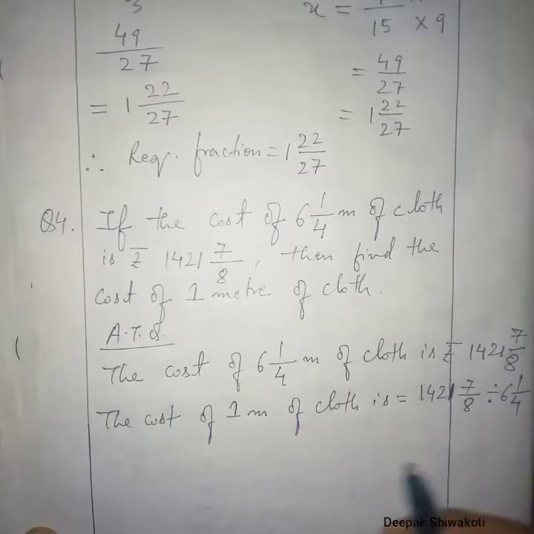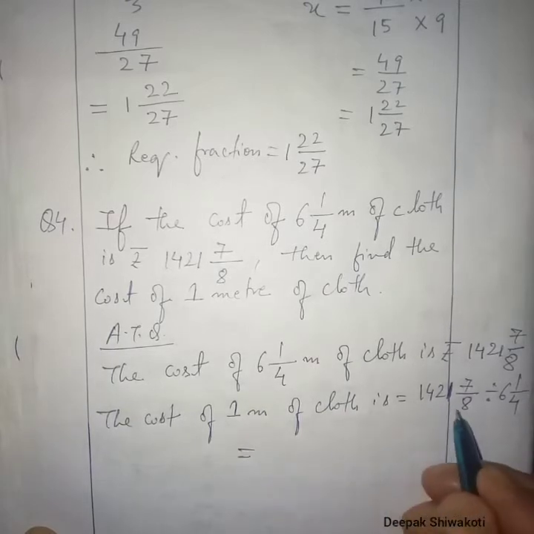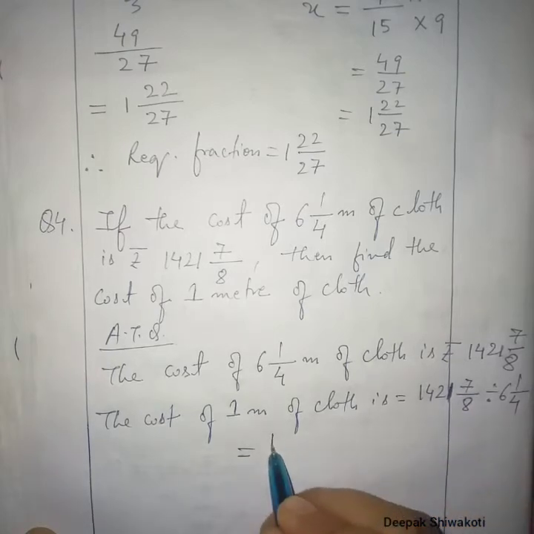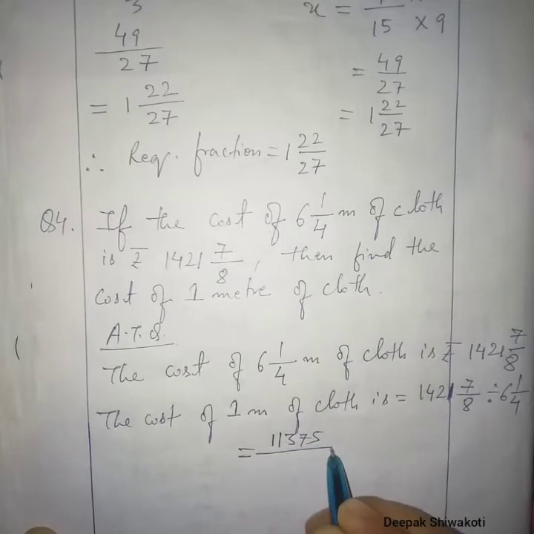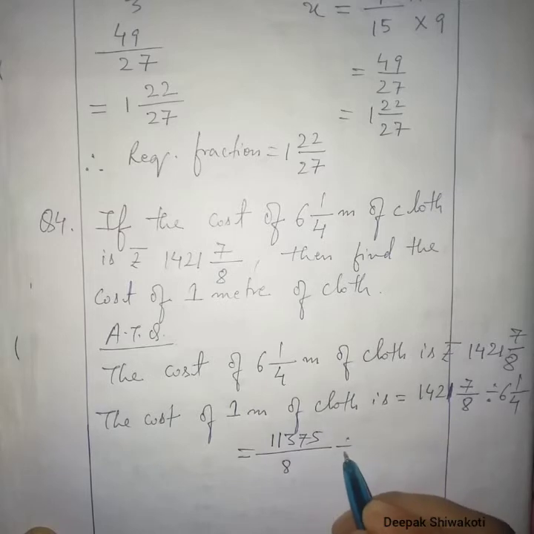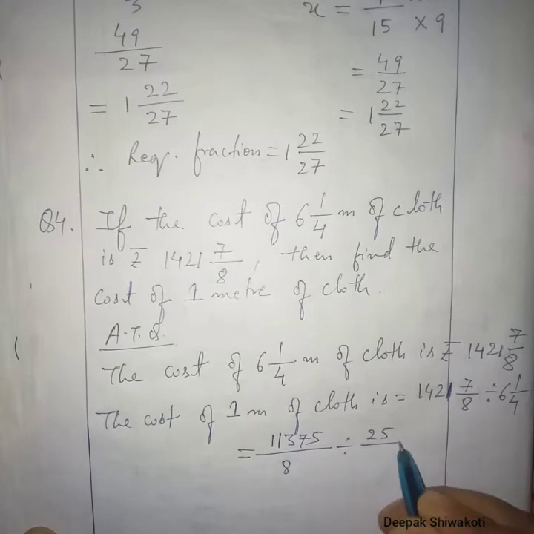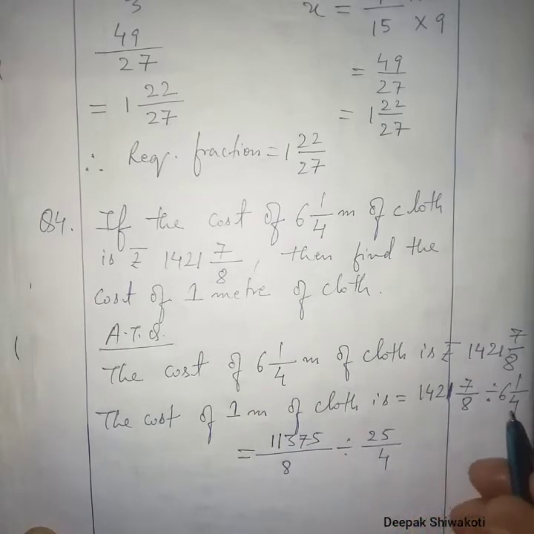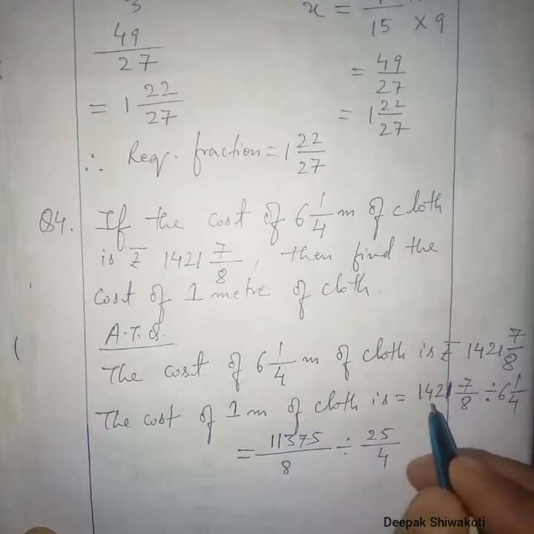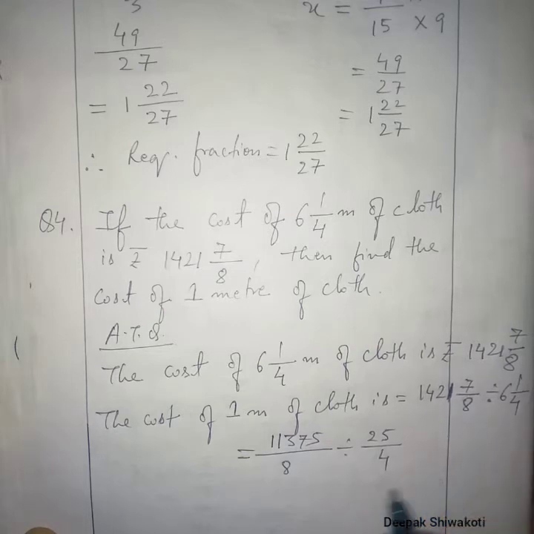Okay, now just simplifying it, when we change this mixed fraction into an improper fraction, we'll get 11,375 by 8, and here we will get, this mixed fraction to improper fraction, 25 by 4. Okay, here what you do, you'll multiply these two, 6 4s are 24 plus 1. Similarly here 1421 into 8 plus 7. Okay, so here now 11,375